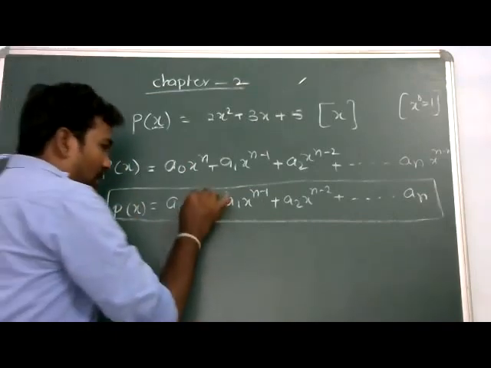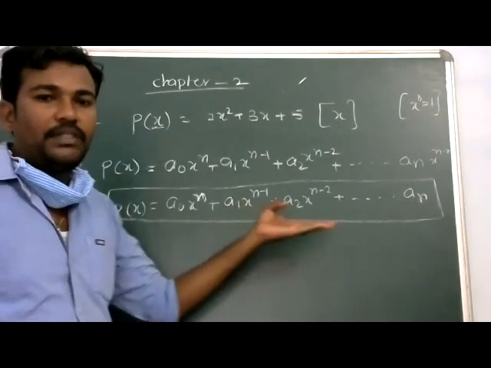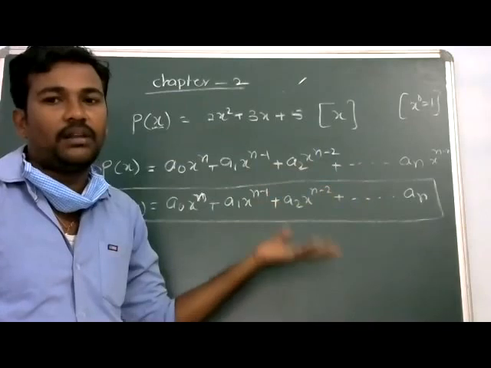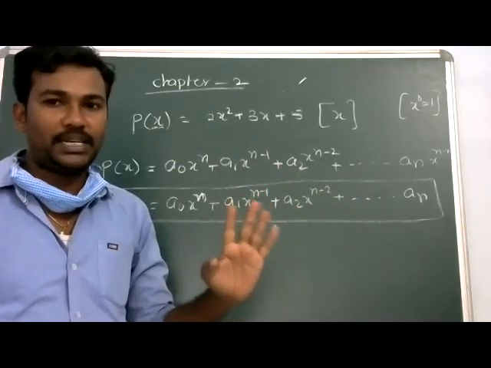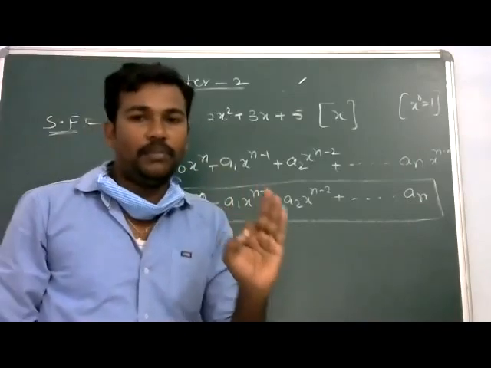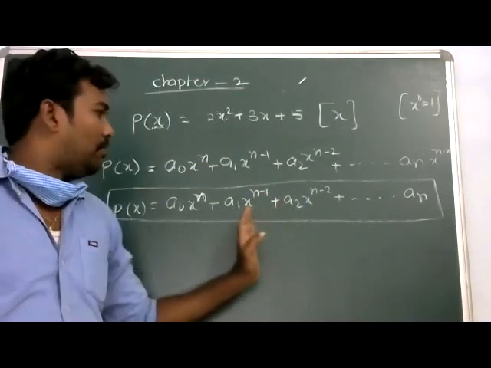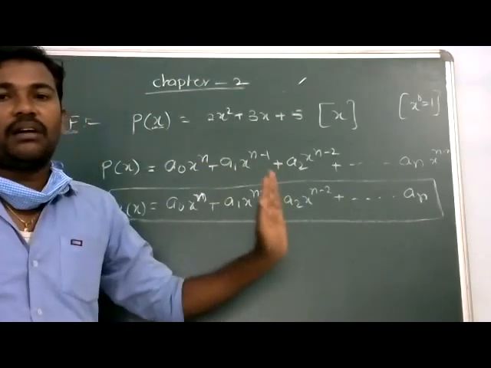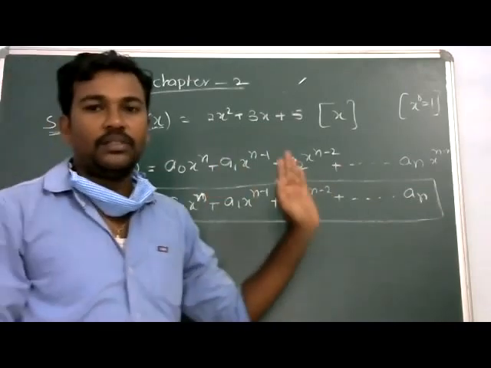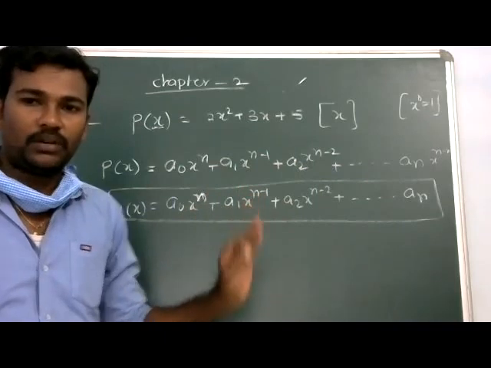So here n minus 1. The degrees of the variable, whatever they may be, must follow any one order, ascending or descending. Is it clear? The degree of the variable must be in ascending order or descending order. You can arrange it in either order, and then we are able to solve the problem simply.